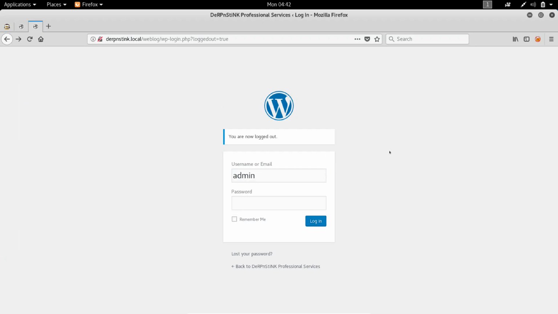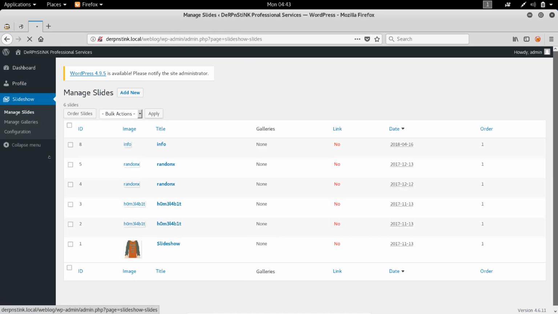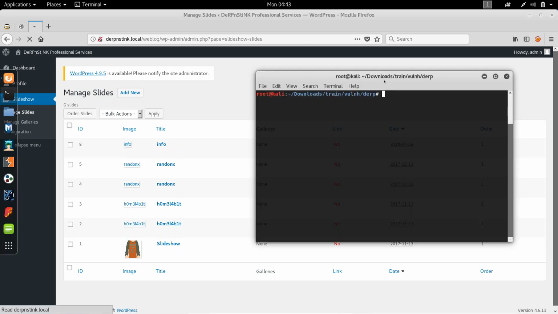So we had the credentials admin, and the password was admin, but this wasn't an administrator account. It was actually a lower privileged user with the vulnerability in the slideshow plugin. So we uploaded a shell, which is revs.php, as you can see down here, and we're gonna